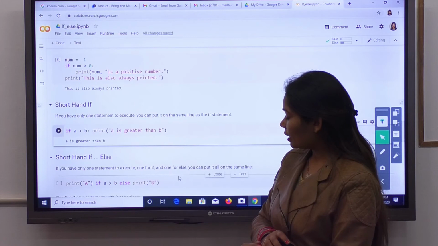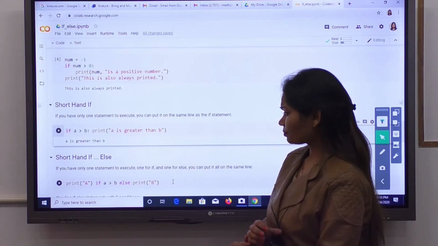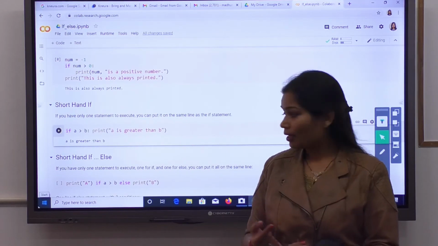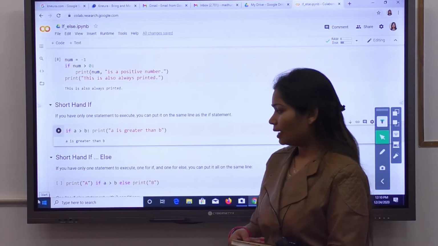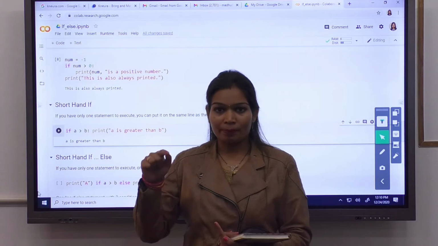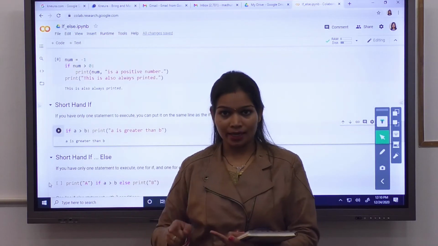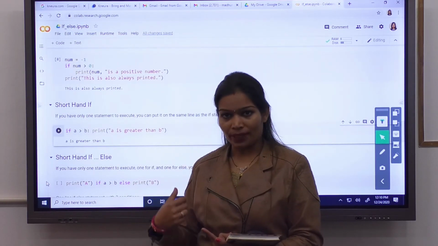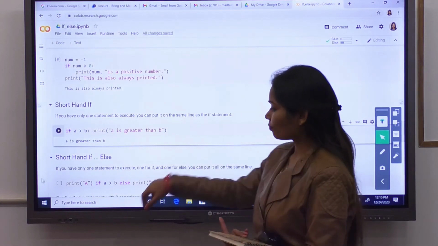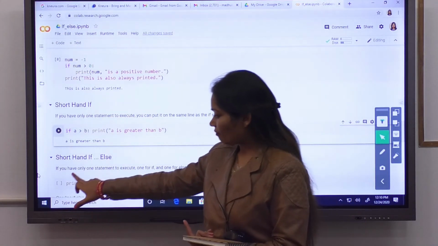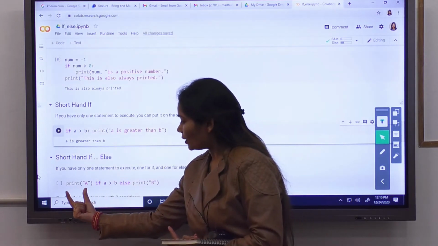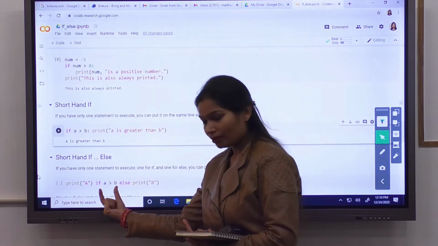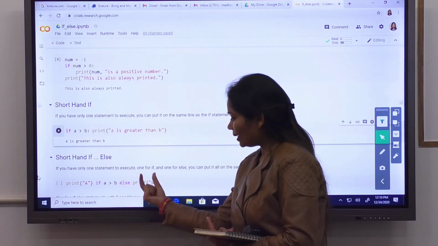All right. How will it work with the else statement, the else condition? What we are doing here is: if a is greater than b, then we want to print a, else we want to print b. So this is the syntax. We are printing the a value if a greater than b, else we are printing b.